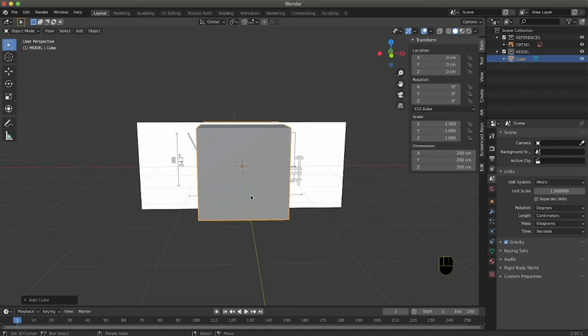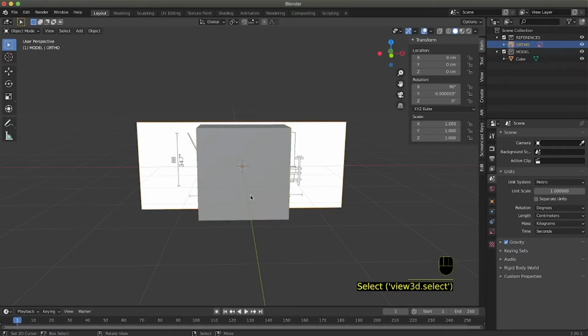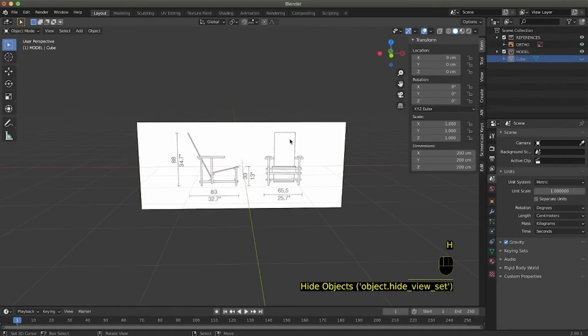We need to make sure that the size of the cube matches the size of the chair. So in this case, we hide the cube for 1 second, pressing H, and we simply take one of the sides, 83. We know that the size of the chair is going to be 83 in depth. In this case, we simply go on the right in the outliner, and we press this small I to show